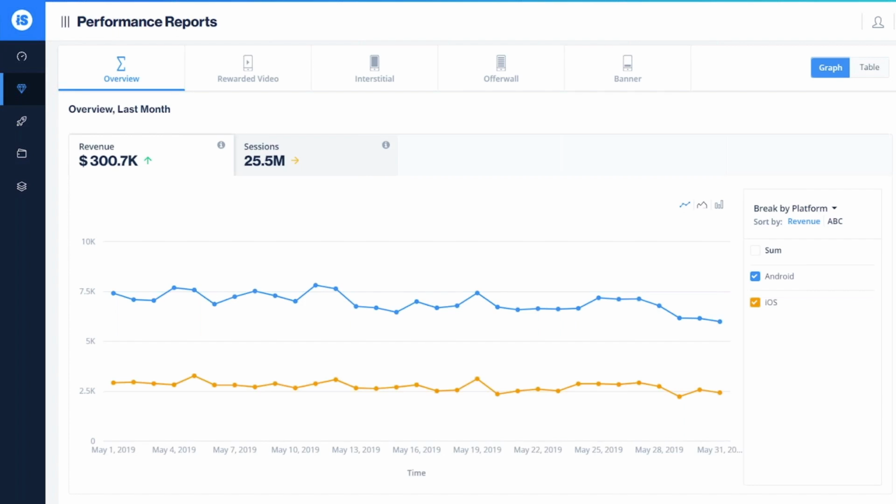In this example, it's the month of May where $300,000 were generated for two apps, one Android and one iOS app. And it's very difficult to understand what exactly this means when trying to work out what my next step should be when you think about optimization. This is basically what this product is about. It's about measuring the ad revenue generated by each user,